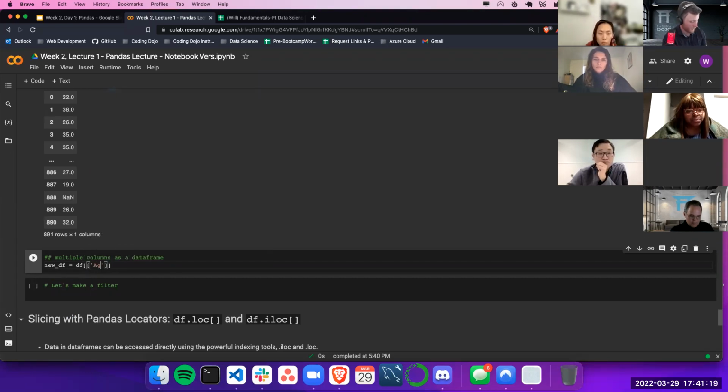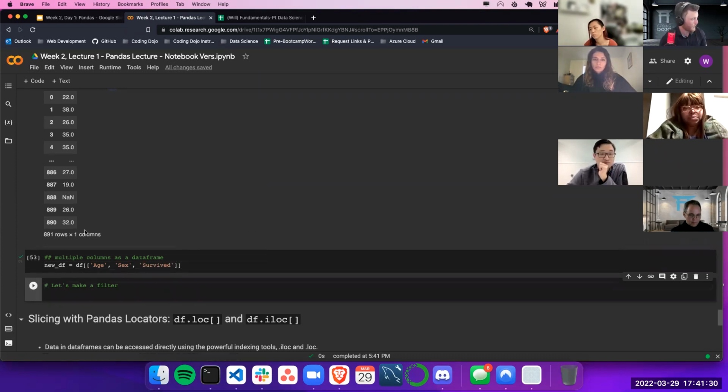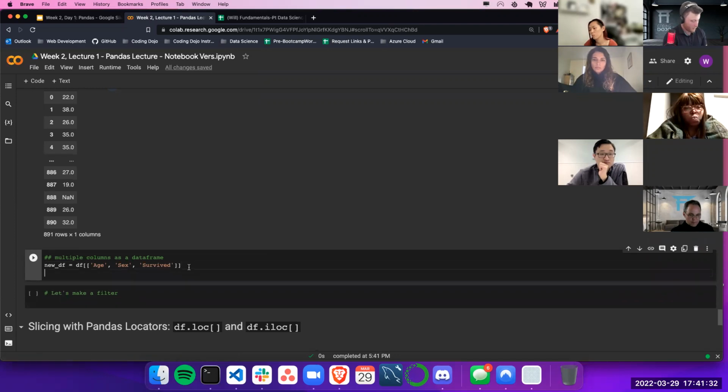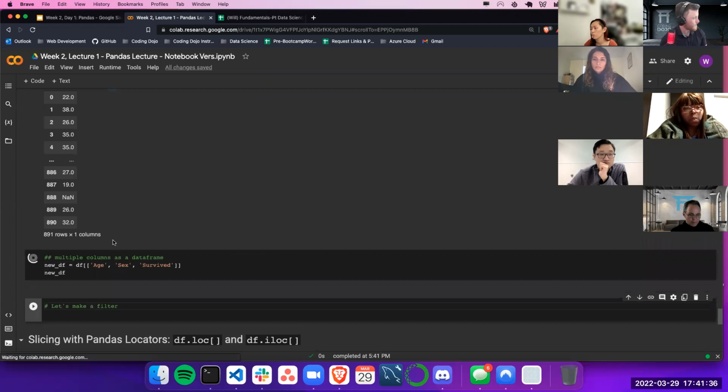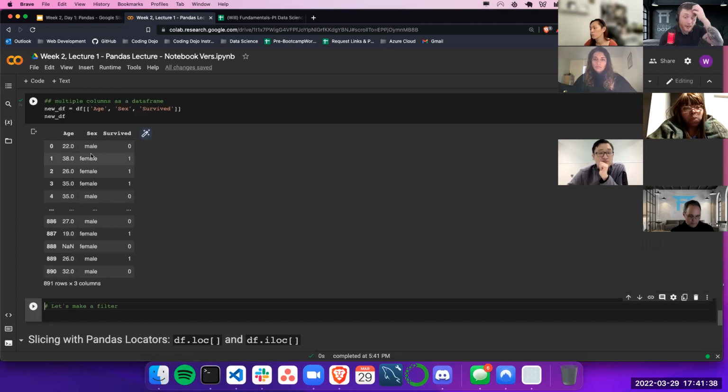Now I can pass in age, sex and survived, because I know that this is the Titanic data and I have that. Cool. Now if I were to say something like new df, now I've got an entirely new data frame that allows me to take this information and I can do certain